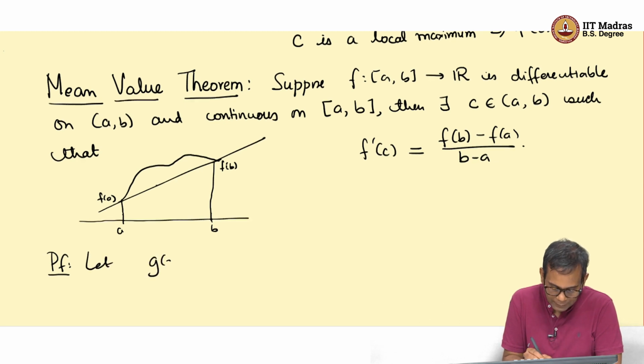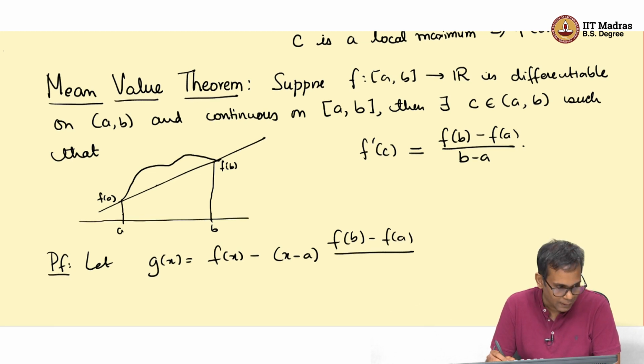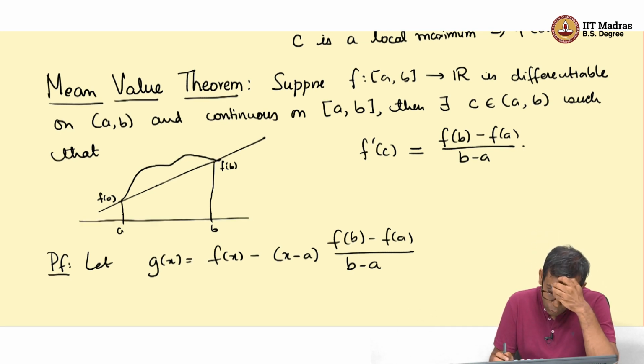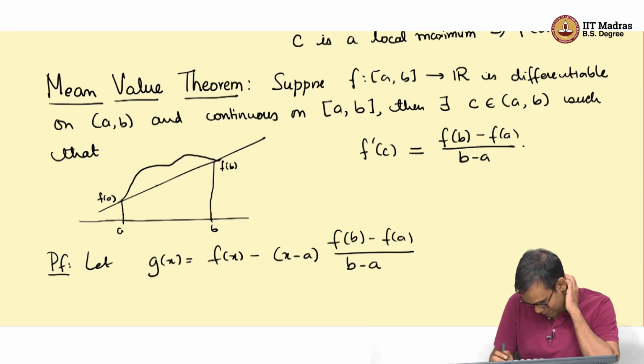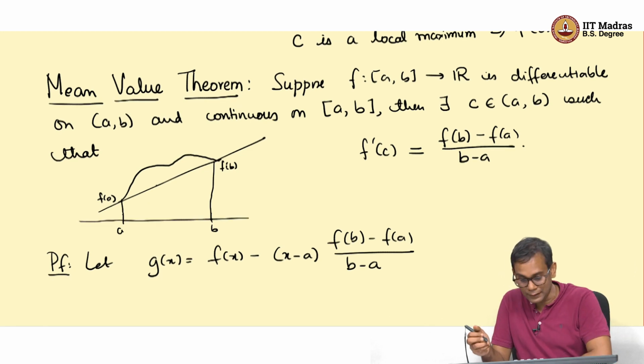Let g of x be the function f of x minus (x minus a) times (f of b minus f of a) divided by b minus a. This second part, this thing which I am subtracting, is just a line whose slope is the average slope of the function f. So, what we expect is that this function g should have 0 average slope because we subtracted the average slope,